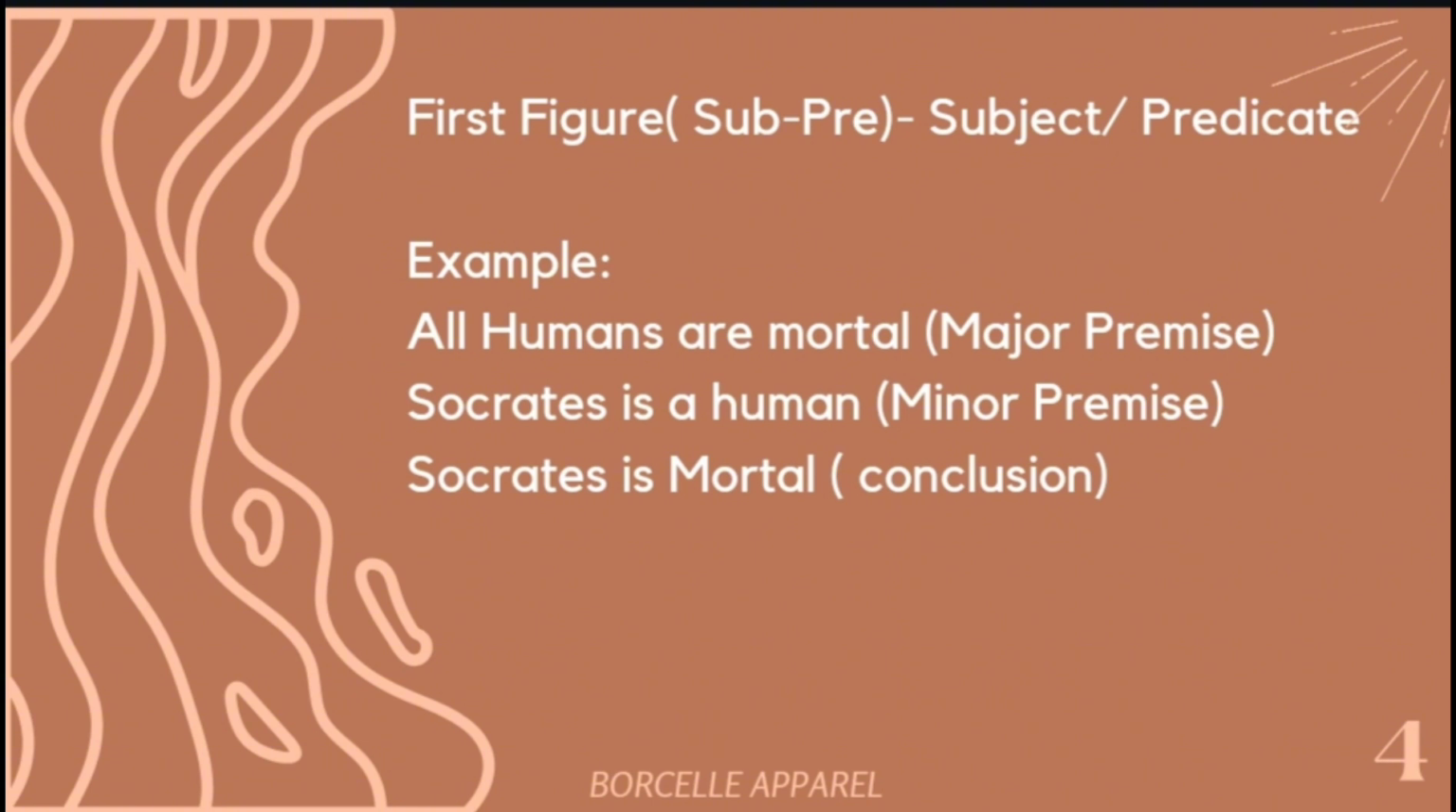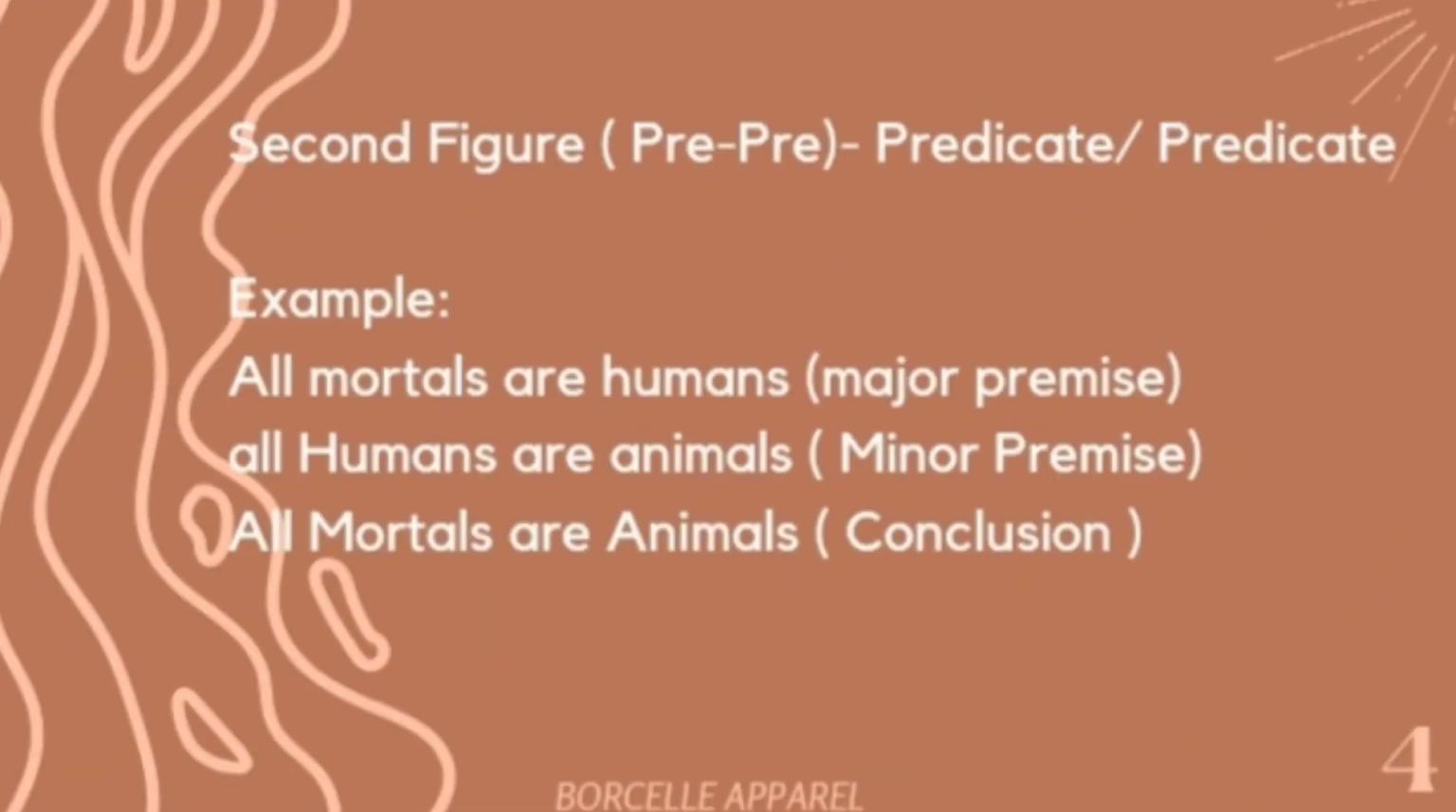So, in this figure, the major premise starts with a general statement about a group. Then, the minor premise makes a specific statement about an individual within that group. And the conclusion draws a specific conclusion about that individual. The next figure, which is the predicate and predicate. So, in the major premise, the middle term is the predicate